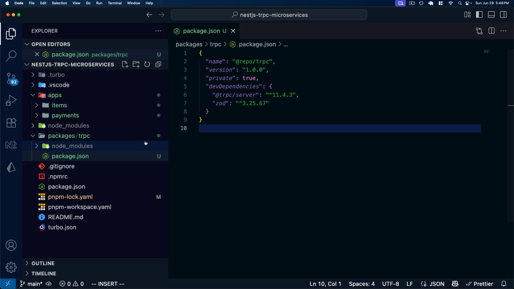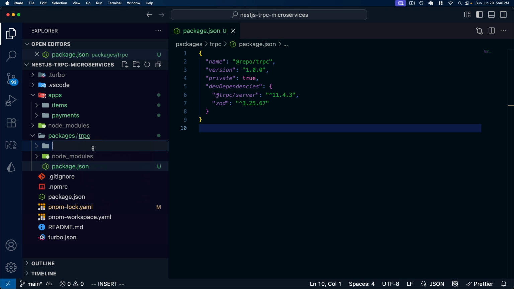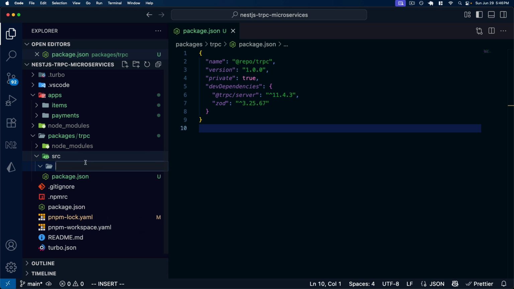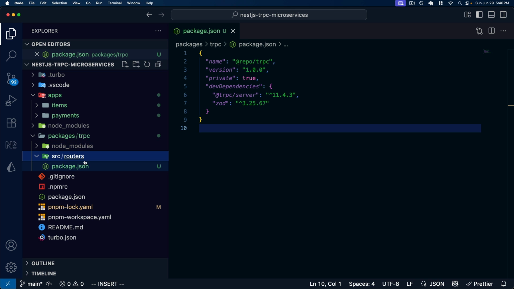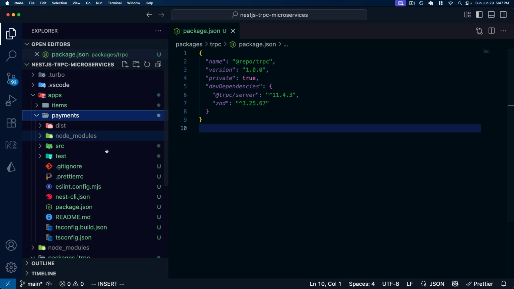So now we have these dependencies in place. We're ready to generate this shared app router. In tRPC, make sure we also create a source directory, and I'll also create a routers folder. This is where we'll host any of the tRPC shared routers that we want to expose. In our case, I'll create a separate directory here for the payment service, because we're going to create a new router for payments. With this in place, we can now go back to the payment service,